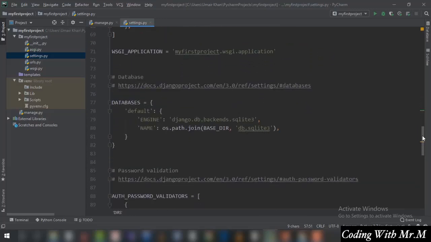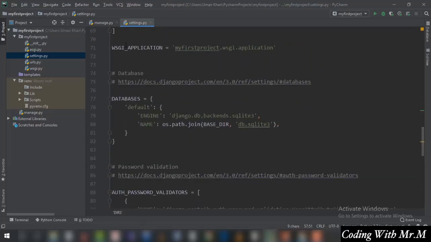Now if you move down, the next thing we have is the WSGI application. Now it is equal to my first project.wsgi.application. So WSGI is Django's primary development platform, and it is the Python standard for web servers